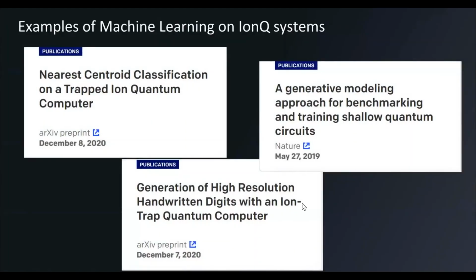So let's begin. Recently, several examples of machine learning have been demonstrated on IonQ quantum systems. For instance, in this first paper on the left over here, we've designed a quantum nearest centroid classifier using techniques for efficiently loading classical data into quantum states and performing distance estimations. We experimentally demonstrated this on an 11-qubit trapped ion quantum machine, matching the accuracy of classical nearest centroid classifiers for